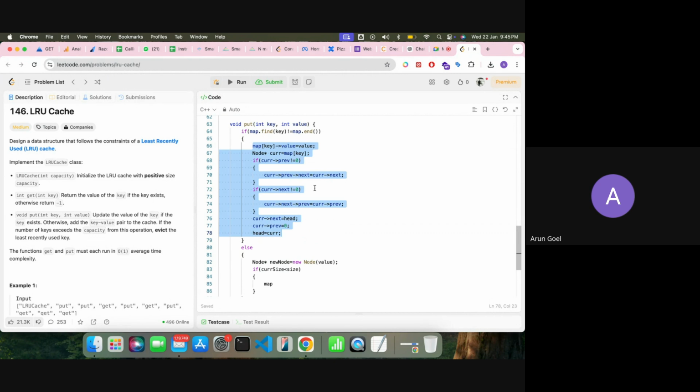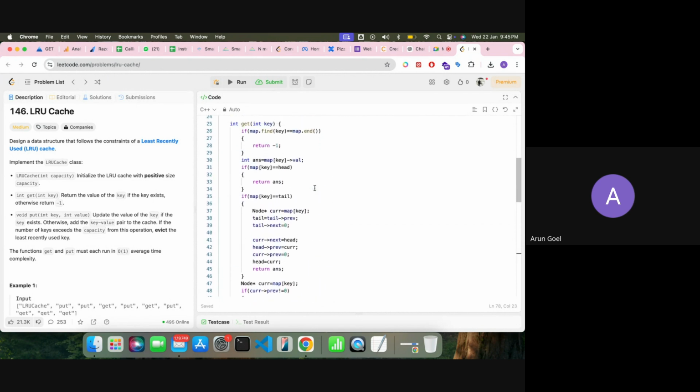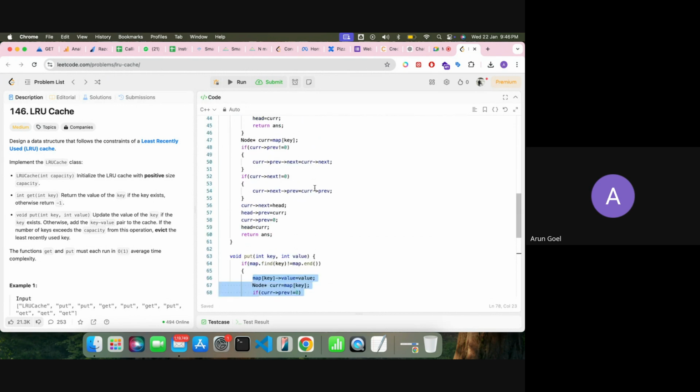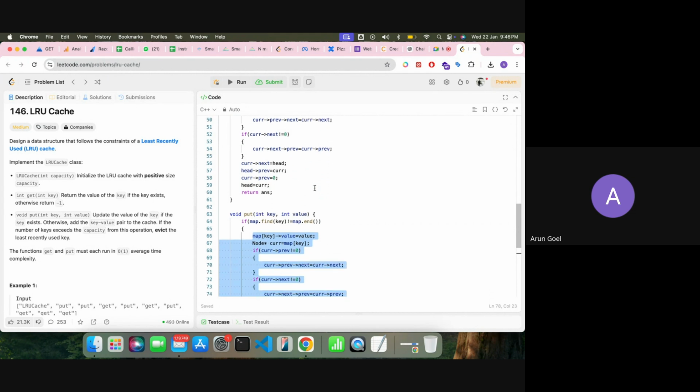Tail becomes the new head, right? So this complete portion, should we separate it out in some other function, a private function? We can,